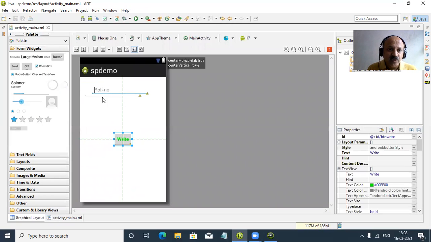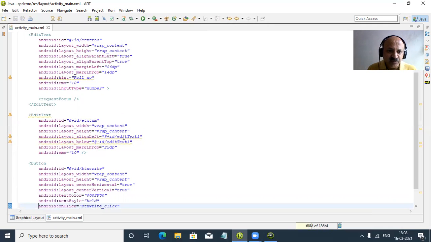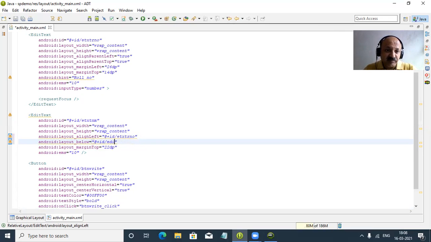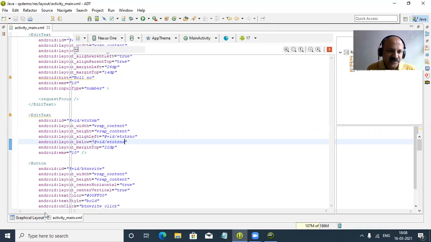You can look here. Both edit texts are overlapping. So what to do? Here we can provide our perfect ID. So we have to change etxtrm. So here you can also change, and next, that is below. So etxtrm, exactly our roll number, that is the input type, that edit text, and below that is the name. So here the ID is this edit text, and its own ID is etxtname. So perfect. Now let us check.